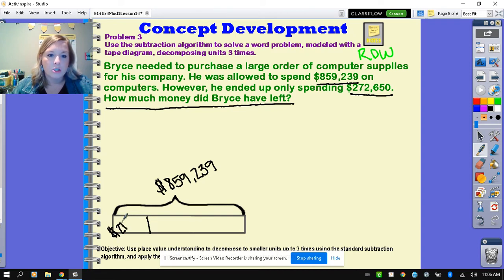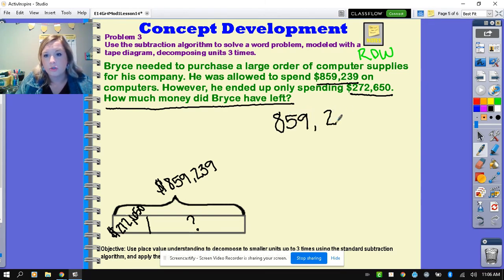He only spent $272,650. So we're trying to find out how much money he had left over that he didn't spend on purchasing the computer supplies. Okay, so now what we're going to do is we have 859,239. We are going to subtract